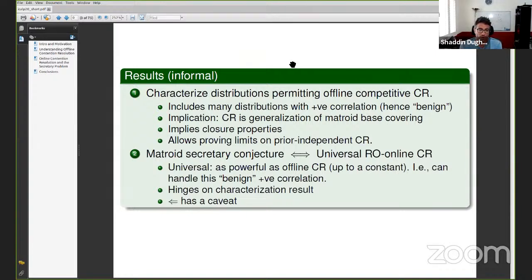So one of the open questions that I mention in the paper is basically, do those reductions work when there's positive correlation? And perhaps, analogous to this characterization that we have, maybe there's also a characterization of when you can prove profit inequalities when there's correlation or positive correlation. There is a close connection between contention resolution and profit inequalities in the independent setting. It's not clear to what extent that connection remains when you have these correlations. And that's a super interesting question, actually. I would love it if someone took a look at that. Okay, thank you.